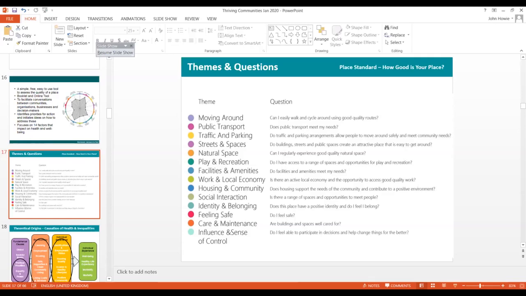There isn't necessarily an arts and culture piece in here, but it leads to interesting studies. If I do create more vibrant arts and culture experiences in a community, will it then translate into changes in people's scores on this measure, in the sense of identity and belonging, social interactions, amenities, recreation? So we can sort of experiment. If I do build a park, for example, how does that impact streets, traffic, natural spaces? If I do create a community arts festival, for example,